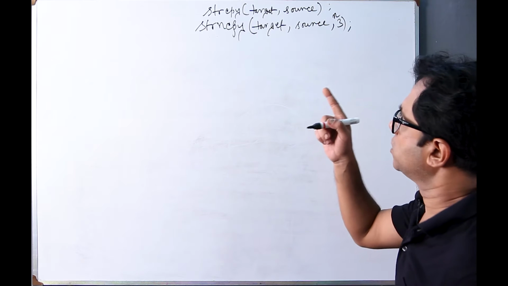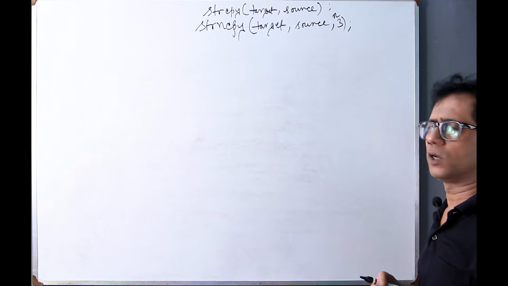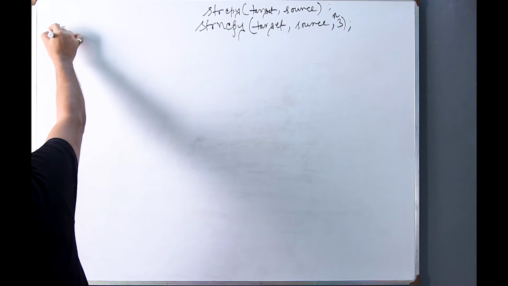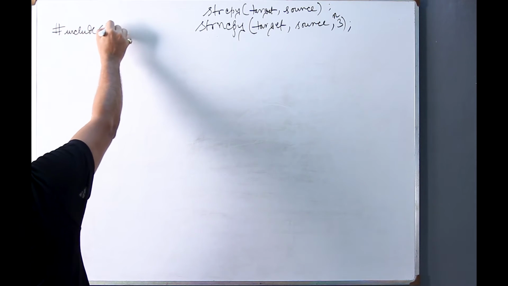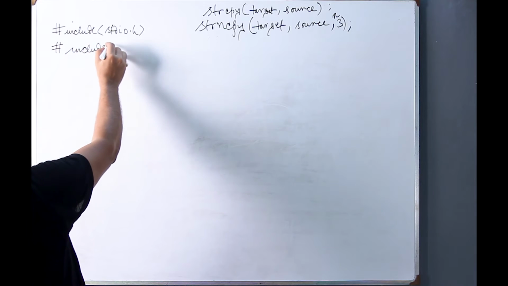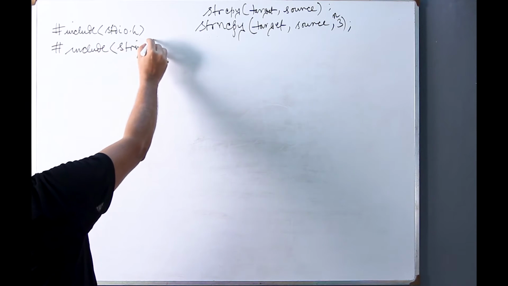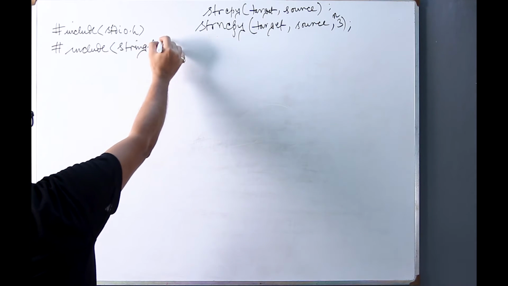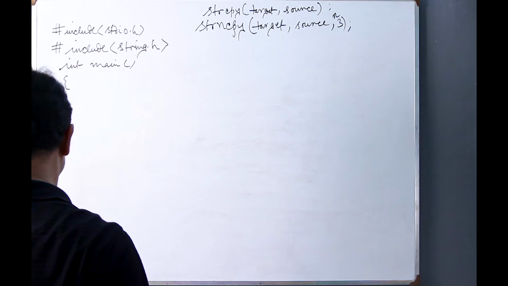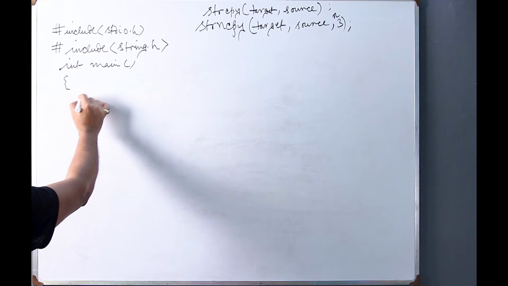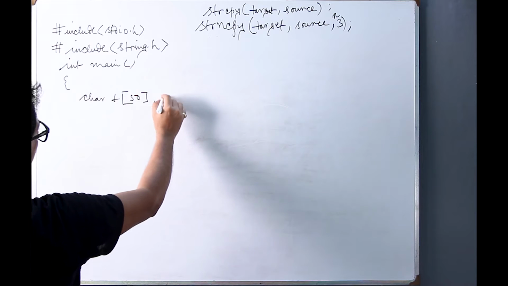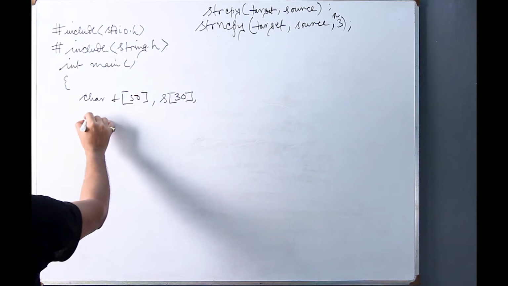our result. So let's just write an example illustrative program in order to make you understand the concept of strncpy. Hash include stdio.h, then hash include string.h header file is needed because strncpy is also a part of this header file. Then comes int main. Then we will take two strings, very similar to what we have done in the case of strncat, that is char t, that is the target string, say suppose it is 50, source string is suppose 30, and then a number,